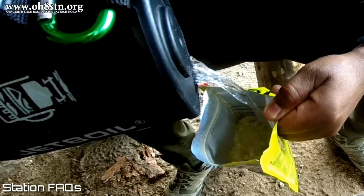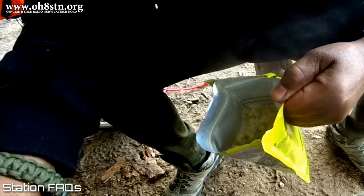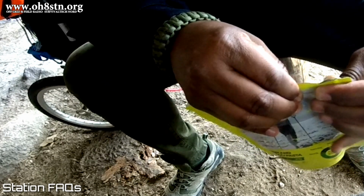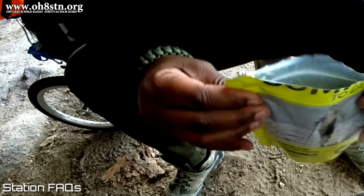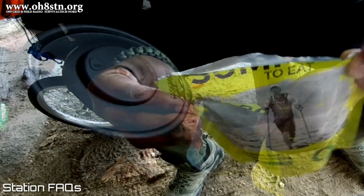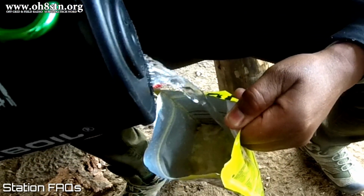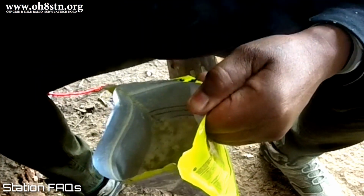I was also asked why I decided to use a jet boil and what was the brand of the dehydrated food I used. For the jet boil, it was a pretty simple answer. It's simply lighter than an axe. Also, with the potential for forest fires in Scandinavia this year, open fires were discouraged. With these considerations in mind, the jet boil was the lightest, most efficient way to prepare food and water in